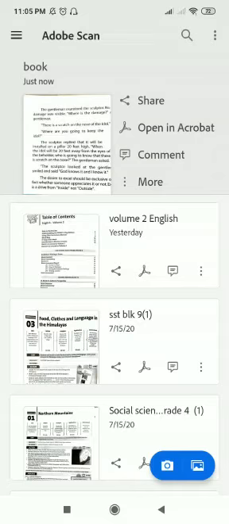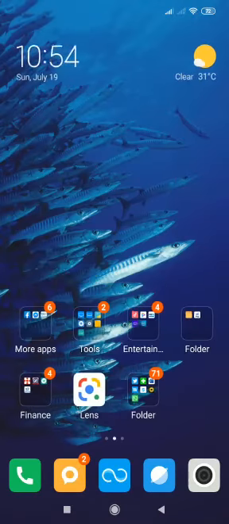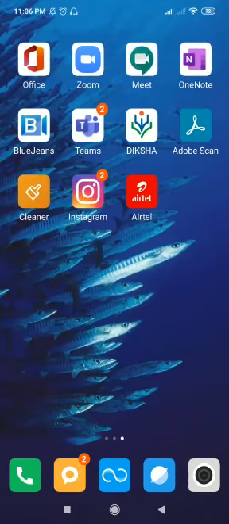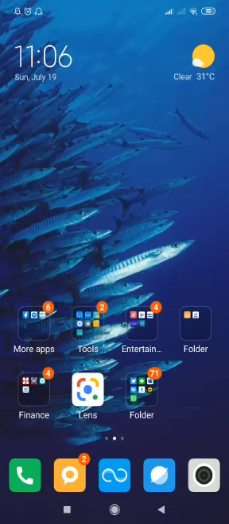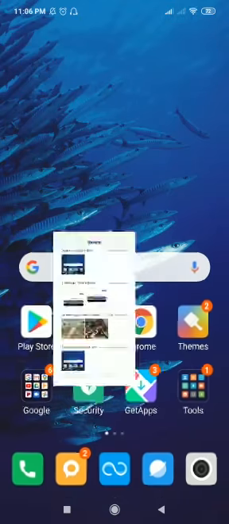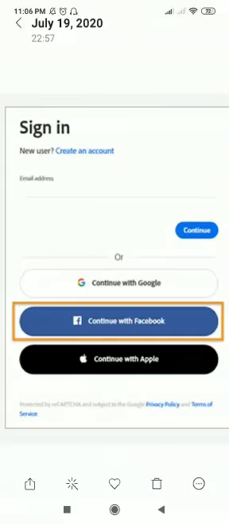Now after this, let's come to how we can log in. Definitely once we have logged in or downloaded the app, this is how it looks. On the second row, right-hand side corner, you can see Adobe Scan. So for the first time login, as it's already there in my phone, it didn't give me an option. However, if you click login for the first time, the page that would appear, which I had shown you initially, is how it appears.